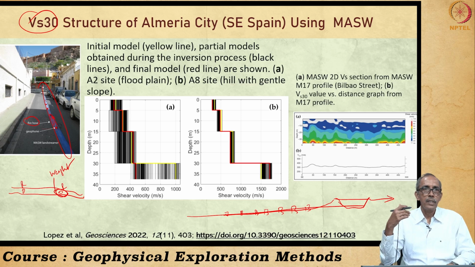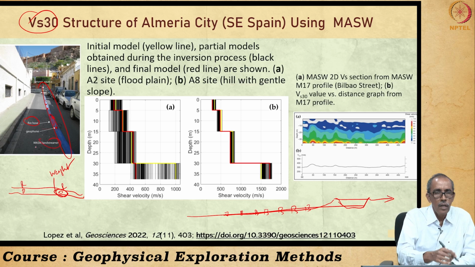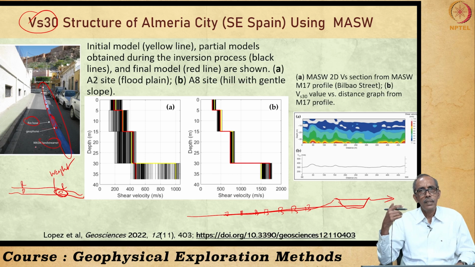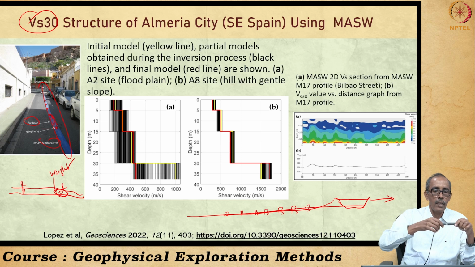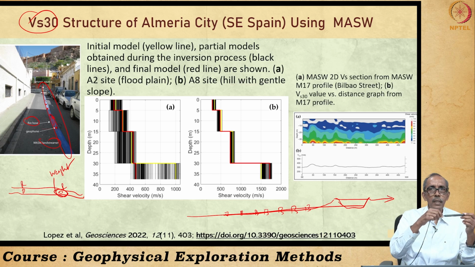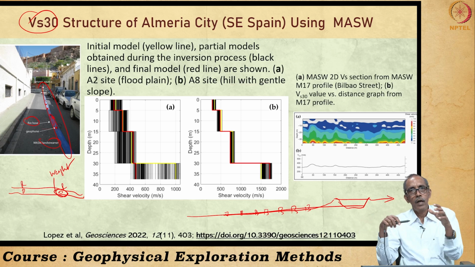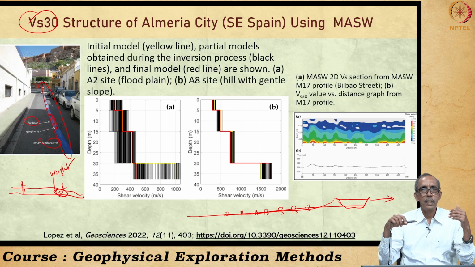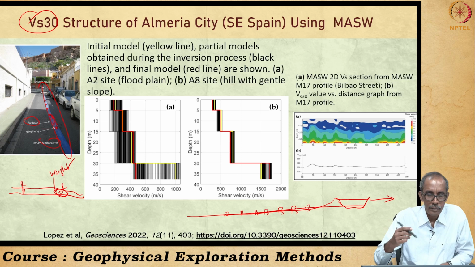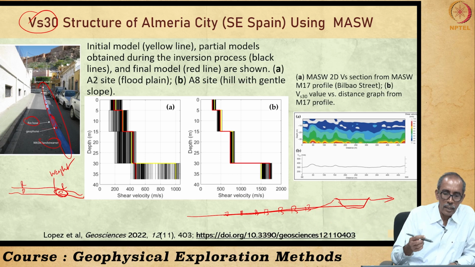What is the advantage of such a land streamer? You can rapidly carry out the survey, because every time you need not pull out the geophone, plug it again, right, because it is attached to a streamer, it can be connected to a vehicle, you can continuously move. The vehicle may also have a weight dropper, right. So, drop a weight, survey is over, then pull the streamer. So, you can carry out investigation for a long profile in a shorter time. So, that is what they have done, right, by carrying out this survey.